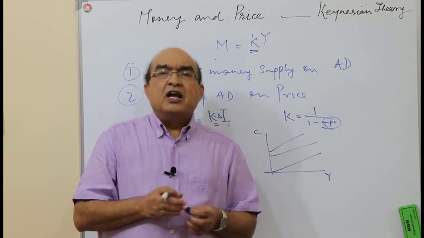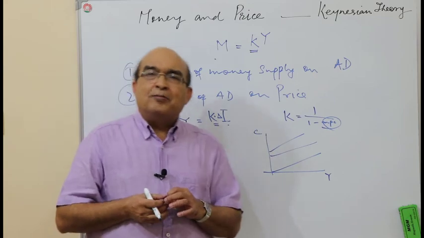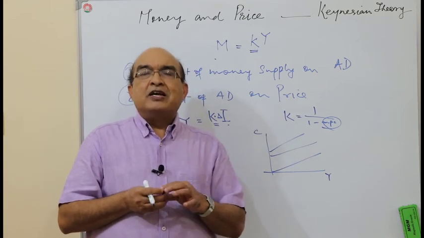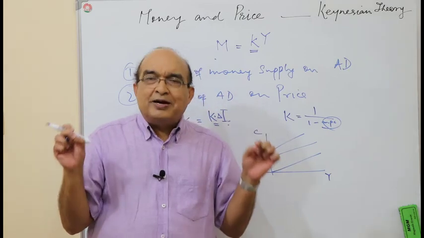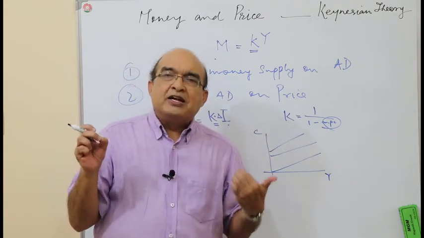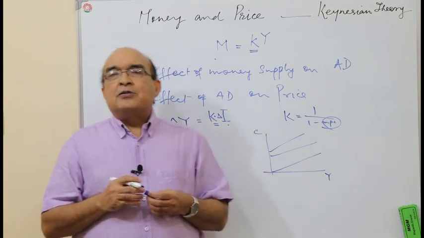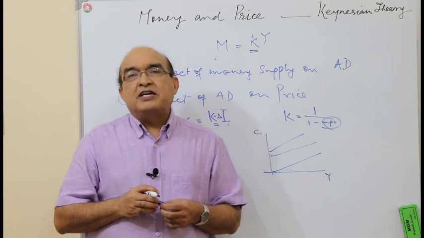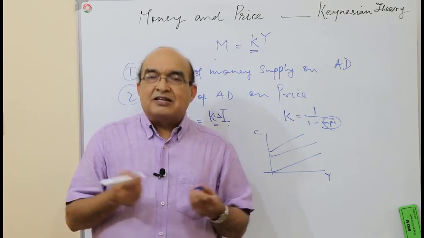That was the case. But later, as we will see, it was Milton Friedman who, through his restatement of the quantity theory of money, re-established the validity of monetary policy. So we will see that restatement of the quantity theory of money of Milton Friedman in the other video